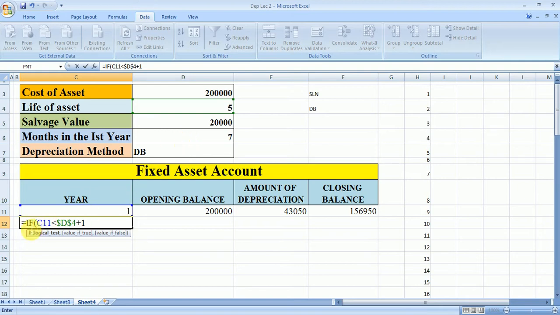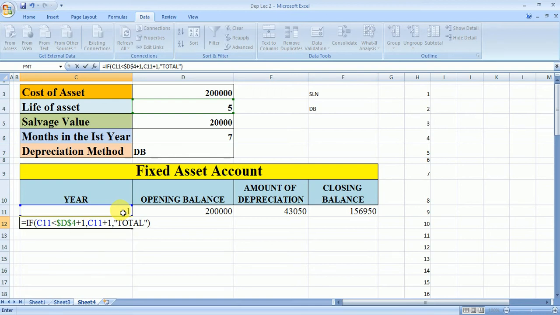So we are saying here, if this serial number is less than the life of fixed asset plus 1, then it should add plus 1 to this serial number. Otherwise, as per the format, we have to write the total. So in inverted commas, we want it to write "Total" and close the bracket.